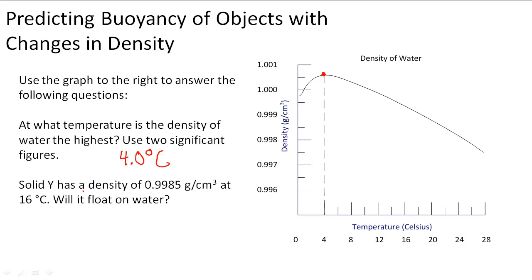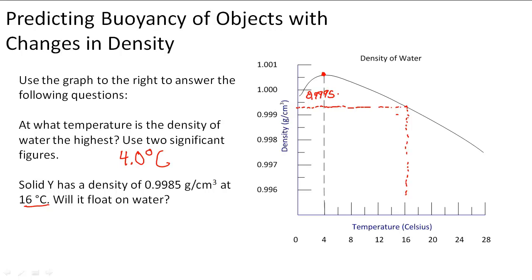So we can now go to solid Y and see, at the changing density, when it gets to 16 degrees, what the density of water is, and compare it to the density of solid Y, and check if it's going to float or sink in water. So we go to 16 degrees here. I'm going to draw a line up to here, and I'm going to draw it across too, so I can see what it is. What I'm seeing here is that this point right here, this line represents